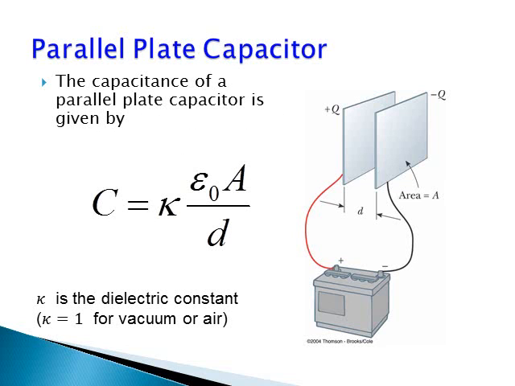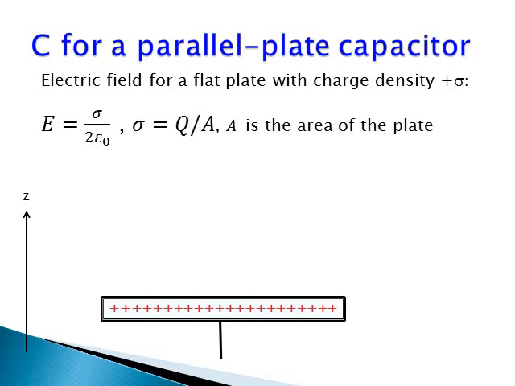Finally, let us quickly derive the formula for the capacitance of a parallel plate capacitor. It is given by C equals kappa times epsilon naught, the permittivity constant, multiplying the area and divided by the distance between the plates. Kappa is the dielectric constant, which is equal to 1 for vacuum or air. The capacitance for a parallel plate capacitor can be easily derived by applying the approximation of an infinite charge sheet